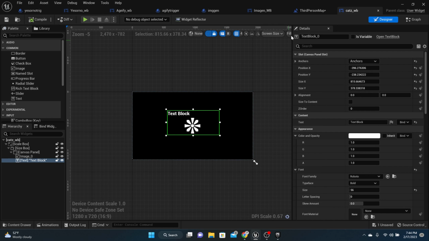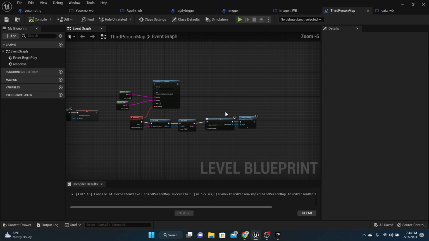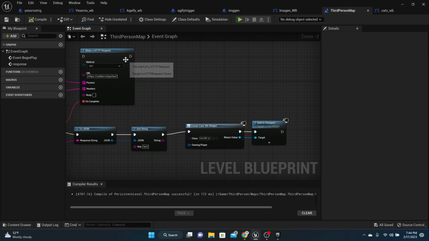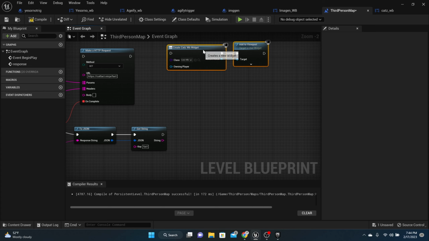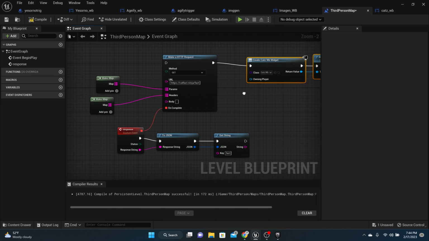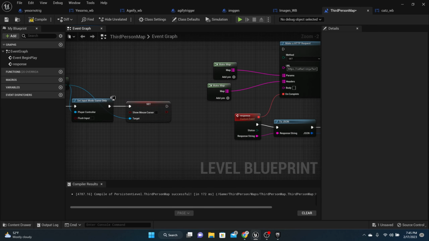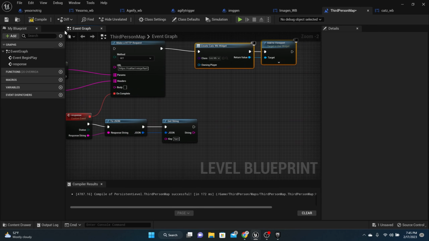and now we have something to do. So in our third person map, in our level blueprint, after we've created this widget, we can actually move this to the top here. So hold Alt to break this link, and we're going to move the create widget and add to viewport up here. And that's fine. But after this print string, we need to cast to our third person character,